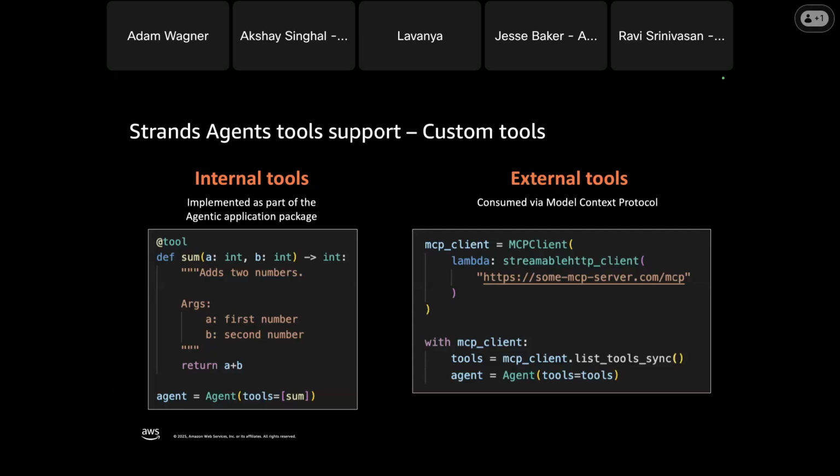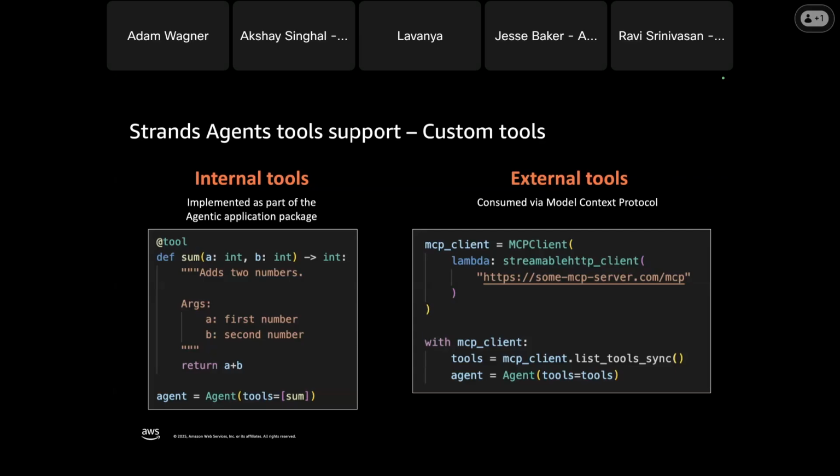You can also define tools locally. When we talk about internal tools here, these are tools that are implemented as part of the package that you're building. Very easy to add, right? Basically, you take any method, you decorate it with the @tool decorator, and then we add it to the agent's available tools.